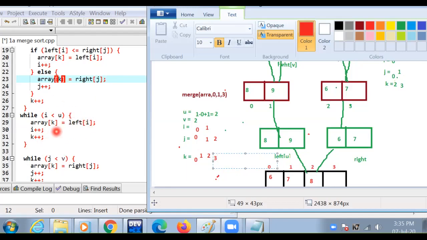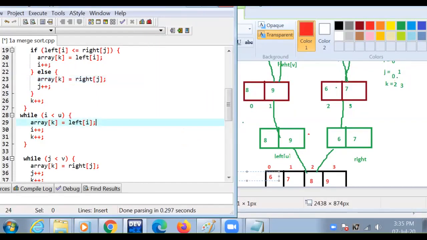And I value is 2. 9 is inserted here. And this loop is done, this our array is sorted. We execute this program.